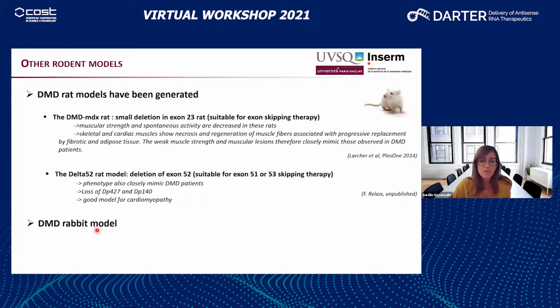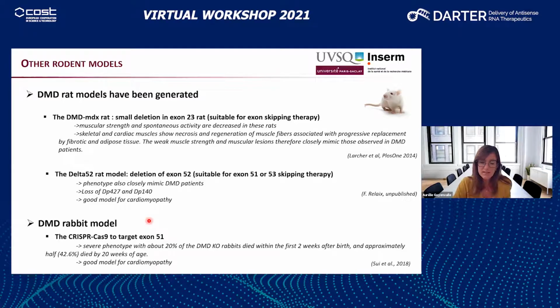Interestingly, a bit more recently, in 2018, there's a rabbit model created using CRISPR-Cas9. And again, it is also a severe phenotype. Here, it's not a problem, but it can be a limitation. Some of the neonates died in the first 2 weeks after birth, and approximately half of them still die quite young. And this is still not very well understood, why they would die so young,